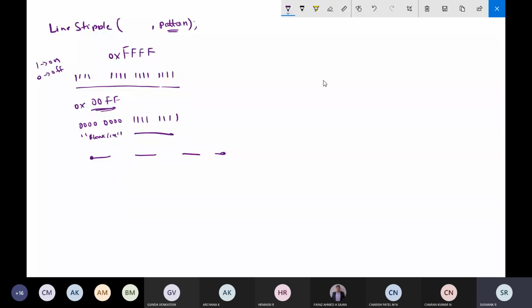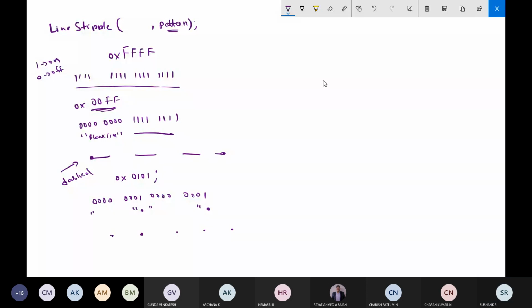So you're getting the dashed pattern. If I use one more combination, 0x0101, so 0000, again the value of 1, value of 0, value of 1. So it is like here blank, till here it will be blank, 1 dot, and here also blank, 1 dot. So in your line you will get the combination like dot, blank, dot, blank, dot, blank, dot. So a dotted line you are getting.